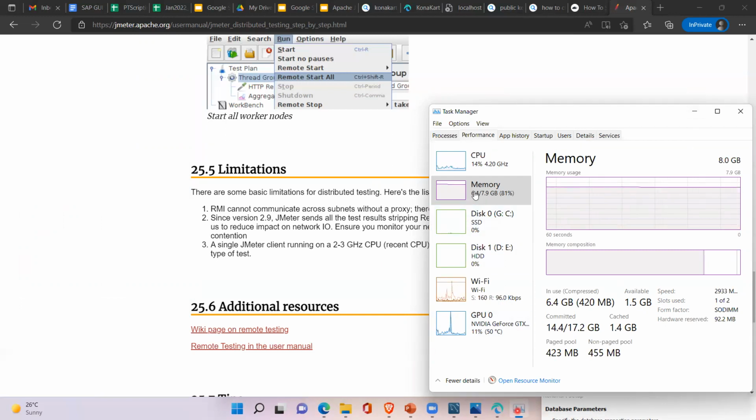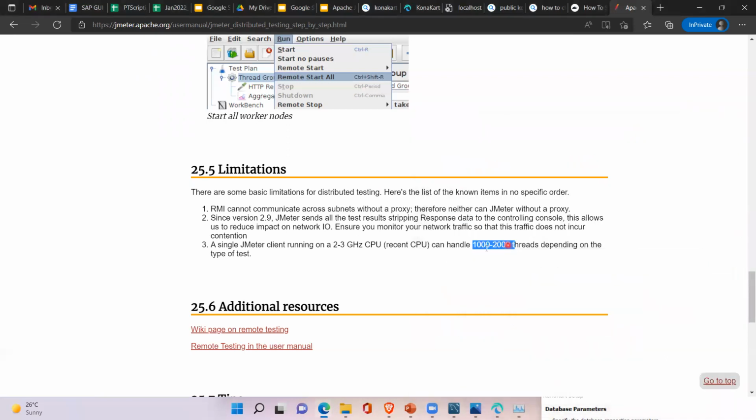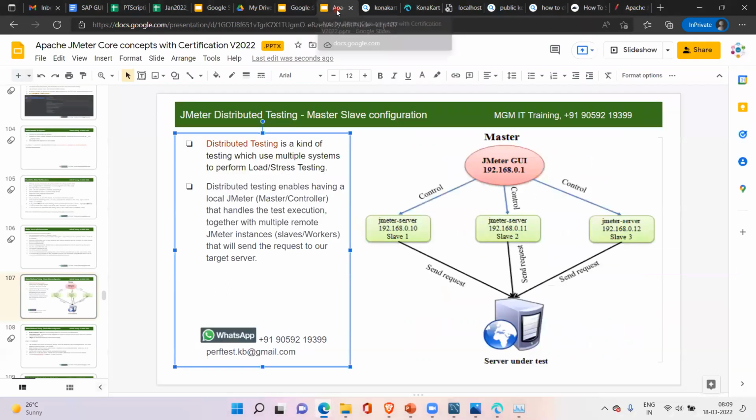So now if you want to run a test with 1000 to 2000 users, what should we do? We cannot use one single machine. In that case, we use distributed testing. In distributed testing, we use one machine as the master machine, and the client will provide these machines, or your company will provide you some remote machines.